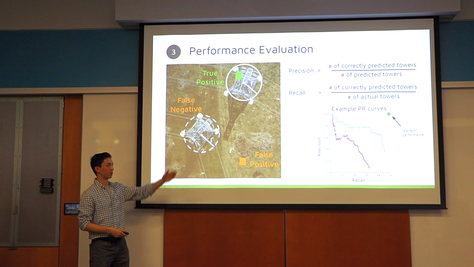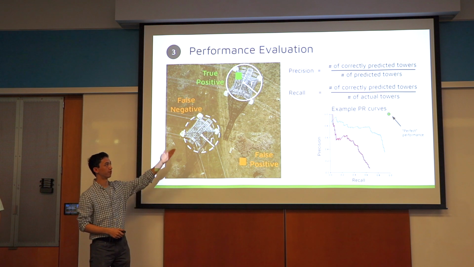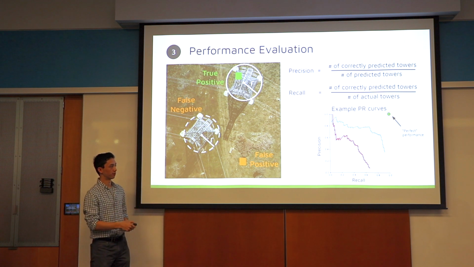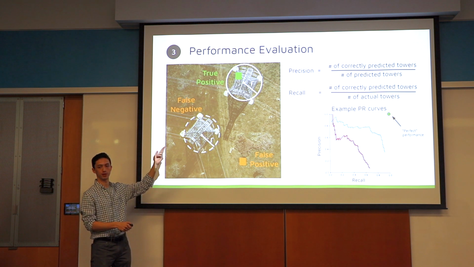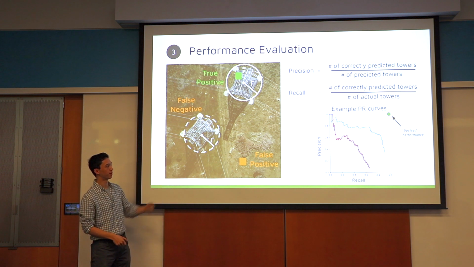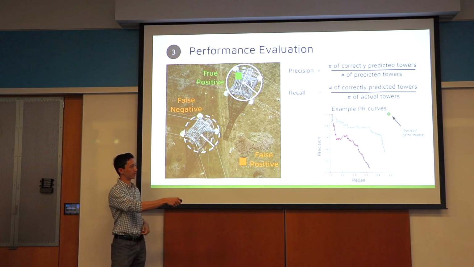So to show an example of a PR curve, this is a precision recall curve, which is a way of visualizing precision and recall. The ideal performance, or over here, the perfect performance, would be, as I mentioned before, having a really high precision and a high recall, which in this case means high in the vertical direction and far to the right. That would be perfect performance over there, but that probably would never really happen in reality.